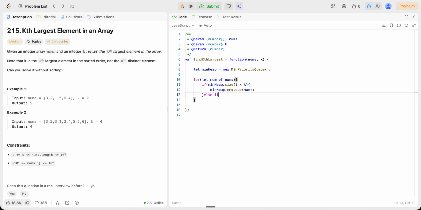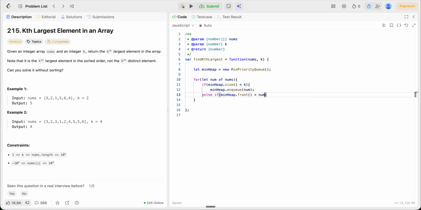Else if I'm going to check the min heap front, which is nothing but the minimum element in that heap, if it is